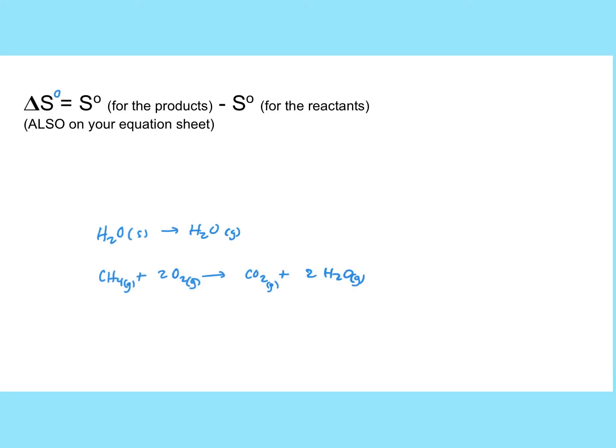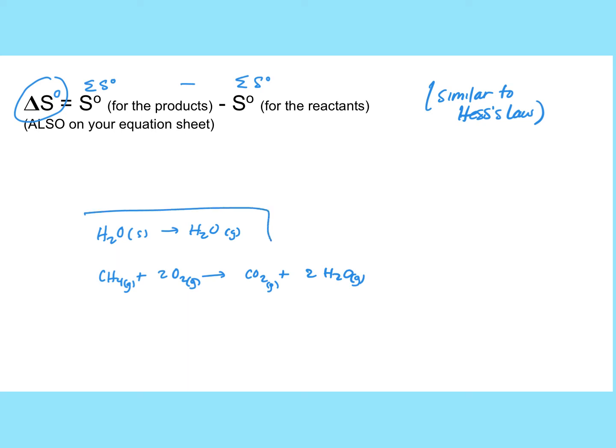So there is an equation that allows us to find the delta S, or change in entropy, for a process. And this equation looks very much like Hess's law that we used back in chapter 5. Delta H of a reaction can be found by summing up the enthalpies of formation for the products minus the reactants. And actually, I kind of should have done that: sum of entropies for the products minus sum of entropies for the reactants. This equation is also on your equation sheet, so you don't have to memorize any of this.